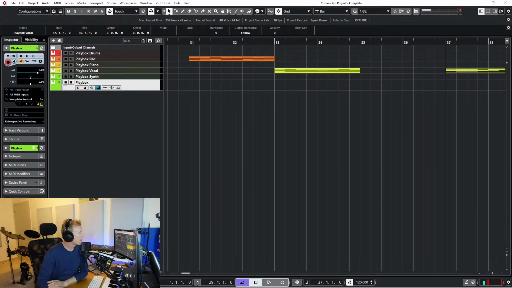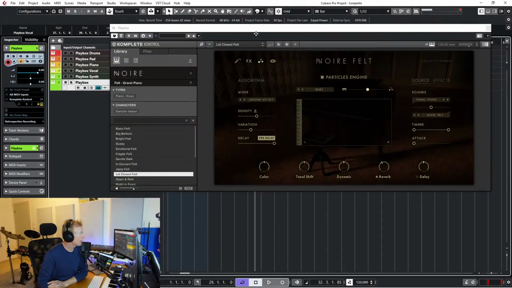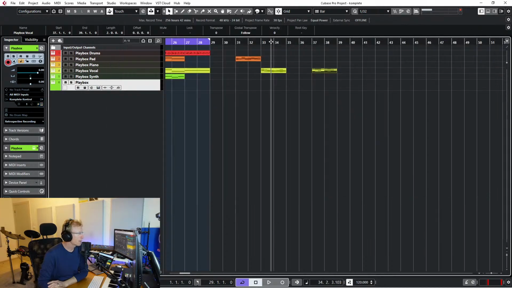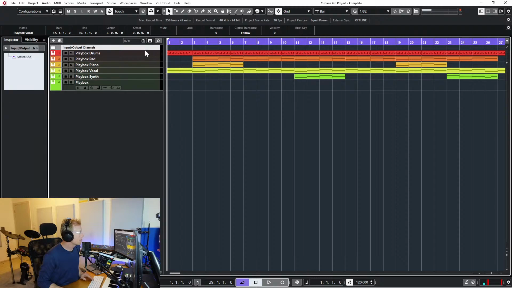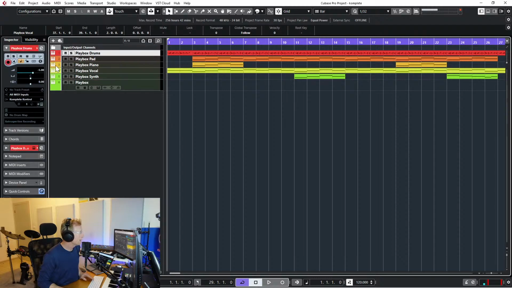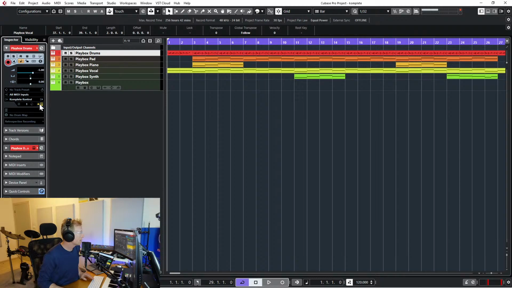And that's it. So that was basically Playbox, and this little tune here is all made with Playbox, even the drums. So if we open up this instrument here,